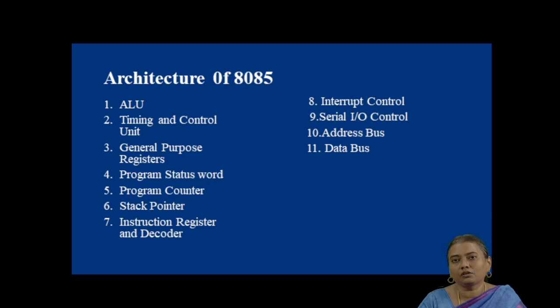Interrupt control means in 8085 microprocessor, there are 5 interrupt signals: TRAP, RST 7.5, RST 6.5, RST 5.5 and INTR. Among the 5 interrupt signals, TRAP is the non-maskable interrupt. That means when this interrupt comes to the microprocessor, it has to stop its execution, whatever may be the thing, then it has to attend the TRAP signal. And the remaining interrupt signals RST 7.5, 6.5, 5.5 are maskable interrupts. That is, the microprocessor can do its work, and after completing its work, it can attend the interrupts RST 7.5,